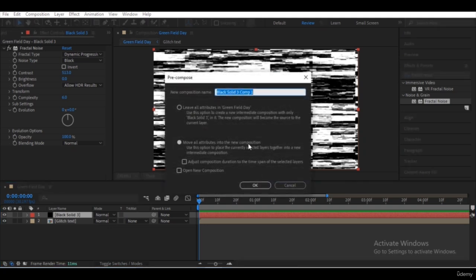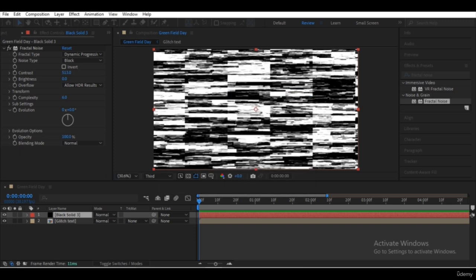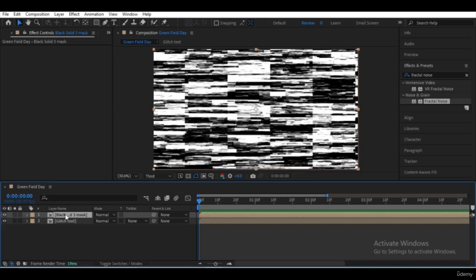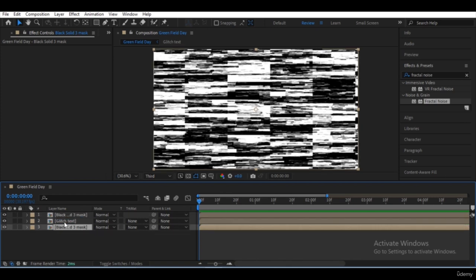Move all attributes to the new composition as well and type mask. Then copy this composition in this timeline by pressing Ctrl D on your keyboard and move it under the glitch text composition layer, and rename it by clicking and pressing enter to displacement.